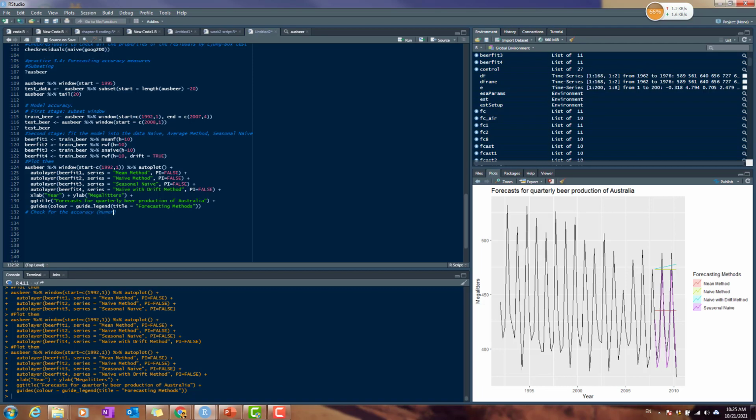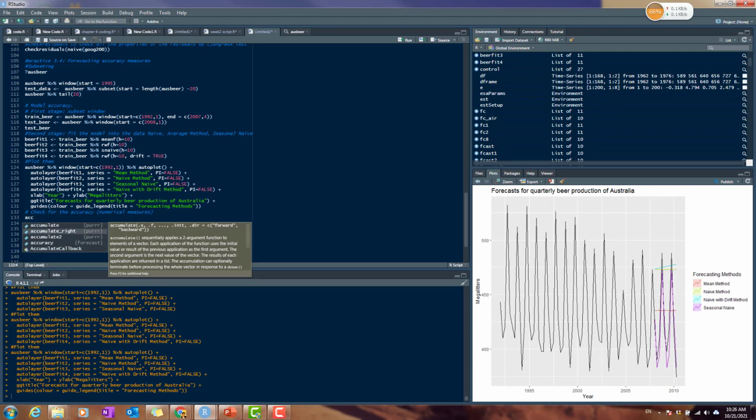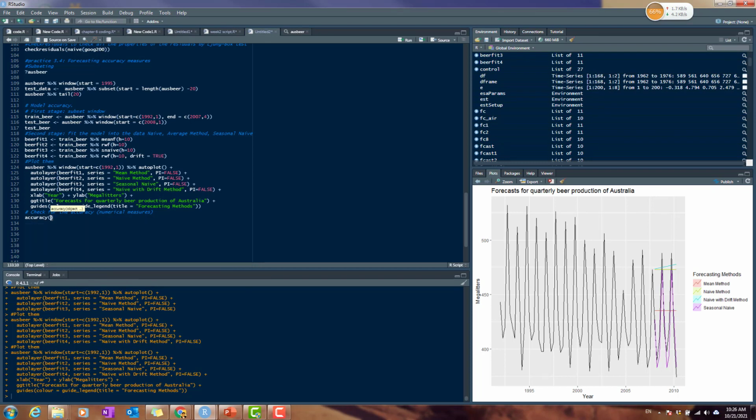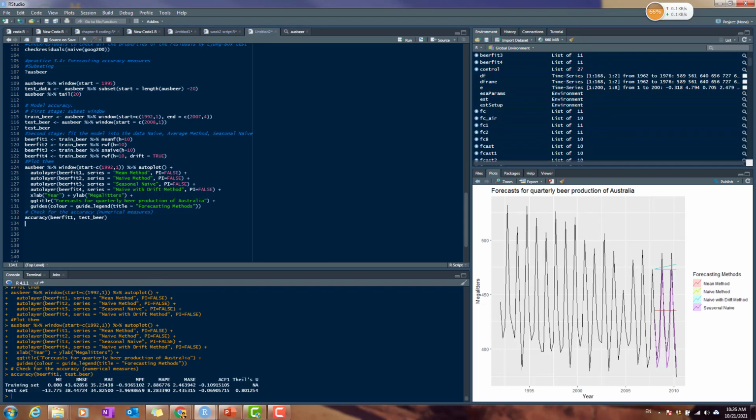This one will be numerical measure. Okay, now let's go and check it. So we just use the accuracy function, and we check the difference between the RapidMiner model and compare it with the test data. Okay, test beer. And you see over here they already generate everything,